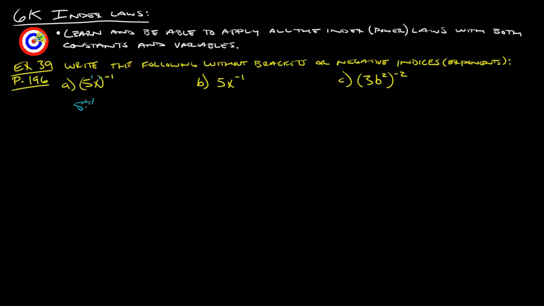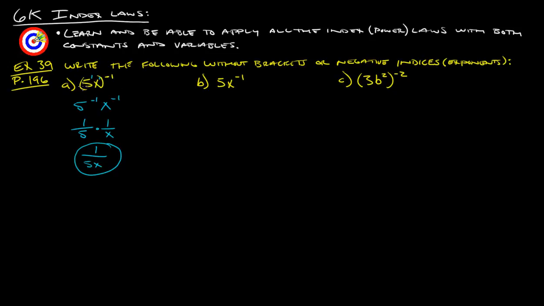So that's 5 to the first, x to the first. So really that's 5 to the negative, oops, can't read that. 1 times -1 is -1. And then 1 times -1 is -1. So that's 5 to the negative first, x to the negative first, without negative exponents. So we got to turn that into 1 over 5 times 1 over x, or the nicest way to write that is just 1 over